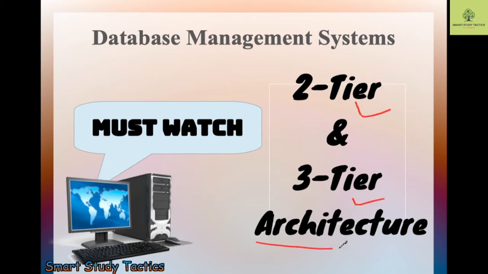So why are we going to read this one? First of all, this is our question. As a CS student, you should know the functioning of an interface to the machine or a server, how the server is responding to the machine. These things we have to understand. So here we have two tier architecture and three tier architecture. Let's begin with this.